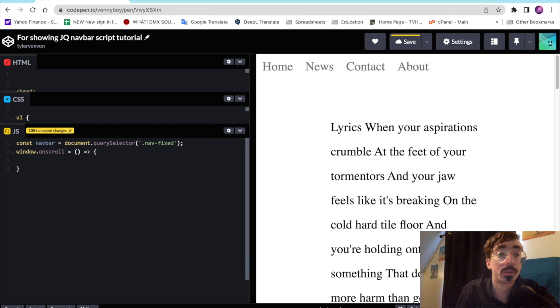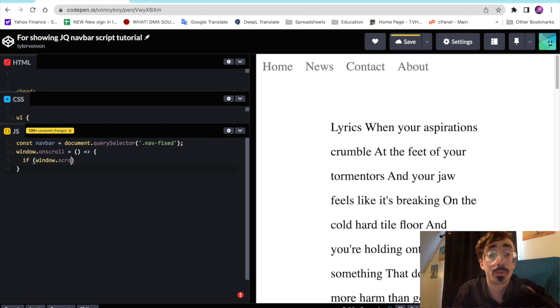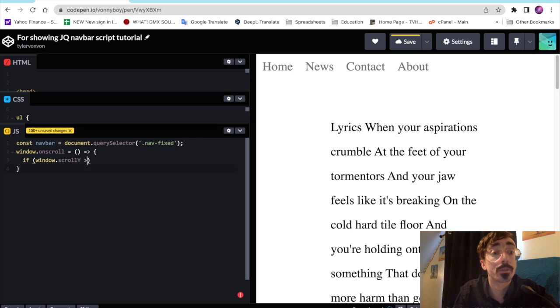Just a simple if-else statement. If the window is scrolled vertically more than 100 pixels down, then we'll activate our navActive class. If not, we'll remove our navActive class. So we'll start by writing our if statement here. If window.scrollY, which means scroll vertically, if that is greater than 100 pixels,